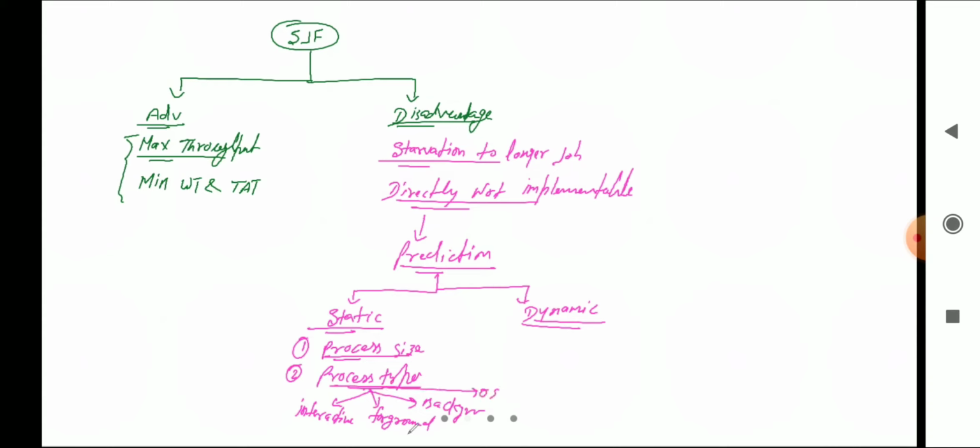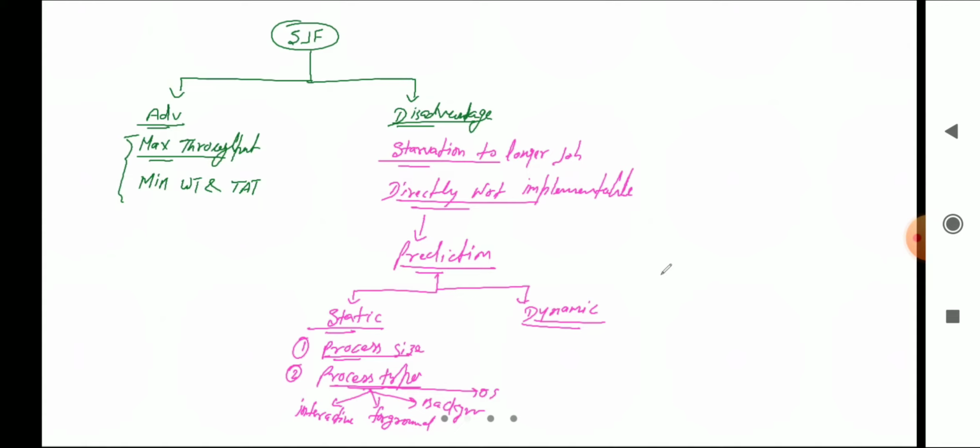So process can be of different type, that can be interactive type, foreground type, background type, operating system type. So on the behalf of process type also you can predict, ठीक है। तो प्रोसेस के टाइप्स के अकॉर्डिंग भी कुछ प्रेडिक्शंस किए जा सकते हैं।